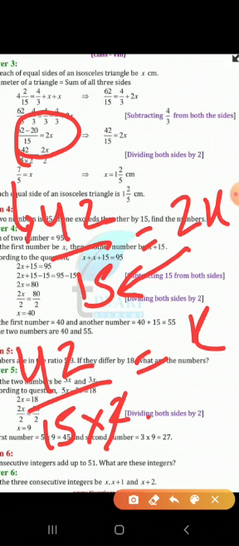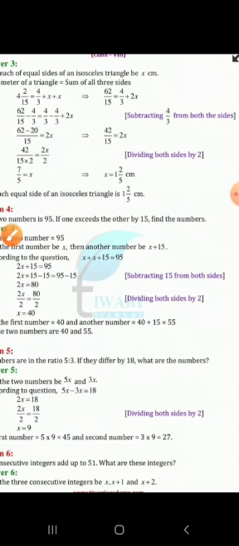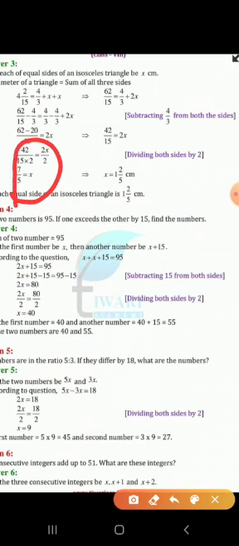On simplification, 2 1s are 2, 2 2s are 4, 2 1s are 2. 21 and 15 can be simplified by using table 3. 3 5s are 15, 3 7s are 21. So what x value are we getting? 7/5. See, the x value we are getting is 7 upon 5. And the question, if you remember, perimeter was given to us in the mixed form. So here also it is an improper fraction. 7 upon 5 can be converted into mixed form.